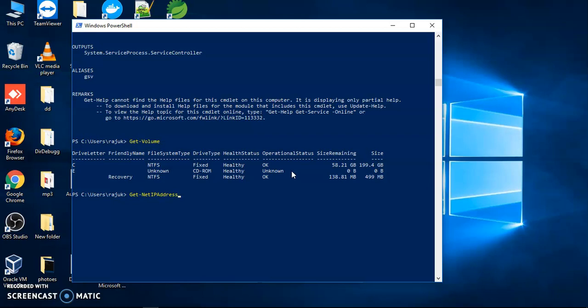Like this, you can see now I got the command I want, the net IP address. After hitting enter, it can show.